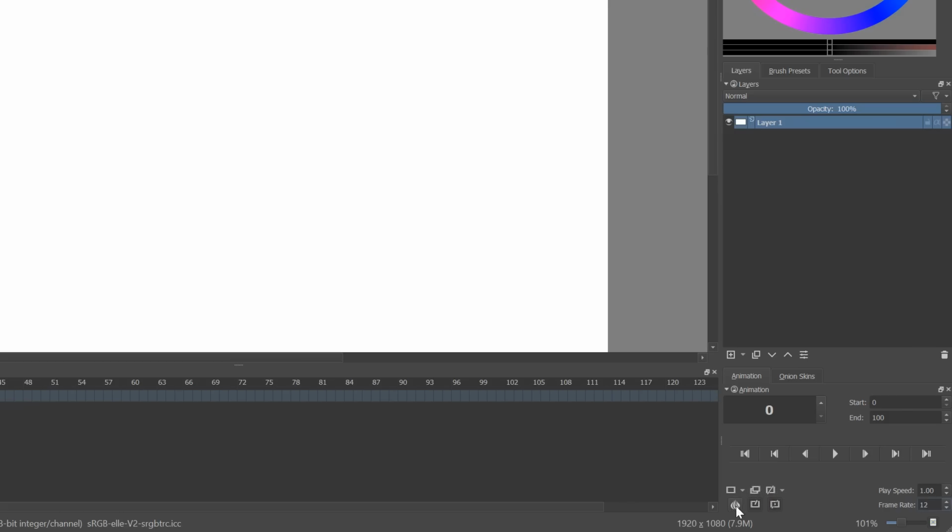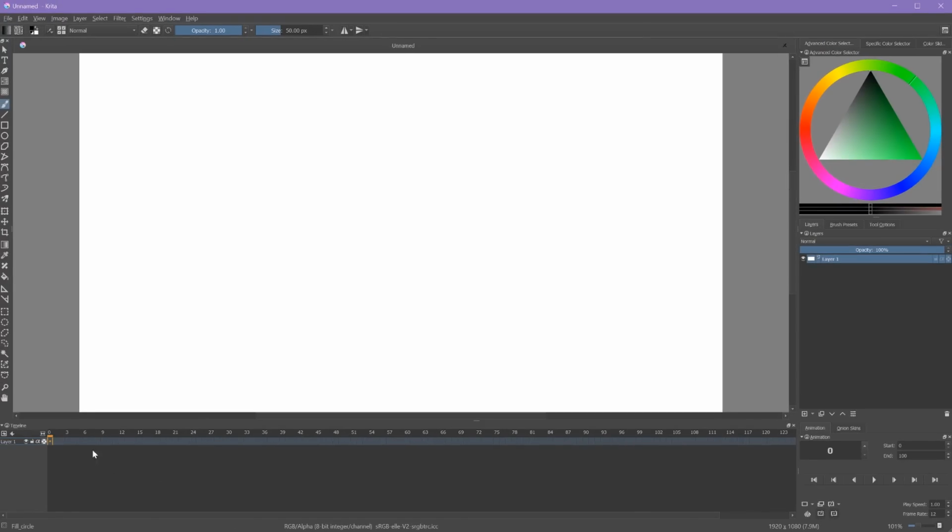This onion icon just turns on and off your onion skin window. The second button in the middle on the bottom is called Auto Frame. What this does is if you're animating on your timeline and you go to a spot where there's no frame and start drawing, it will create a frame automatically. So I like to leave this on.